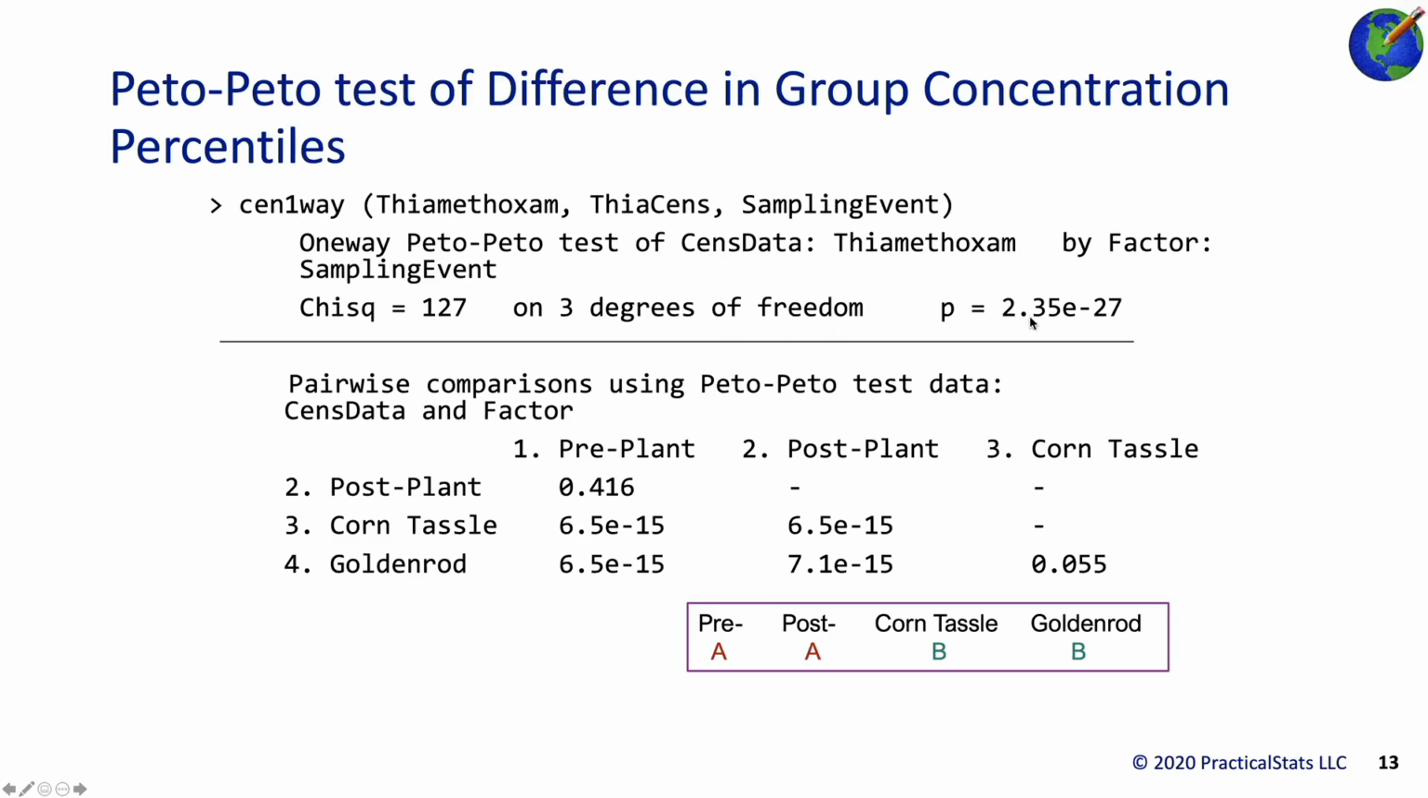After you've found a difference, you can do multiple comparisons. So you can compare pairs of the four groups. We see that the pre and post groups are not different. That's a number that's, quote, high. And then pre versus corn tassel and goldenrod are both low, very small numbers with a lot of zeros, 15 zeros before the 6 or something like that. The post data are very different from the tassel and goldenrod, and the corn tassel and goldenrod themselves, those are